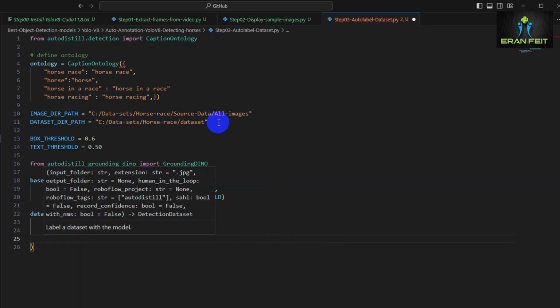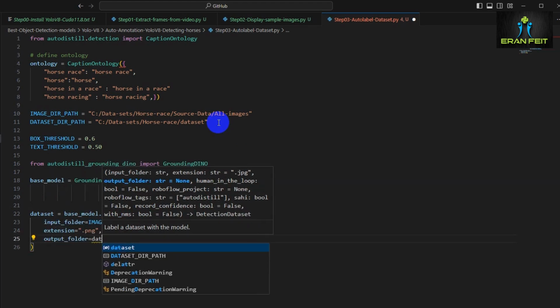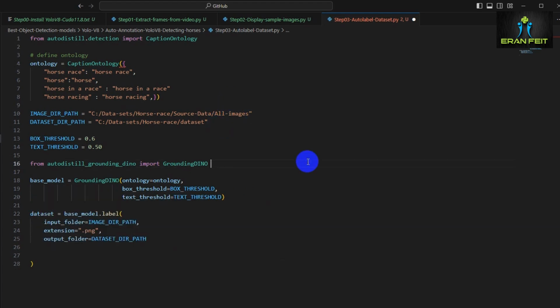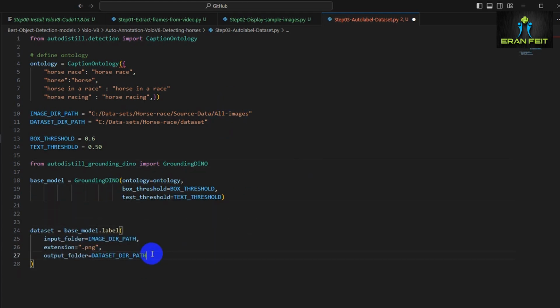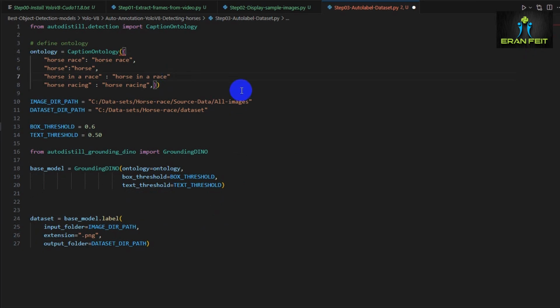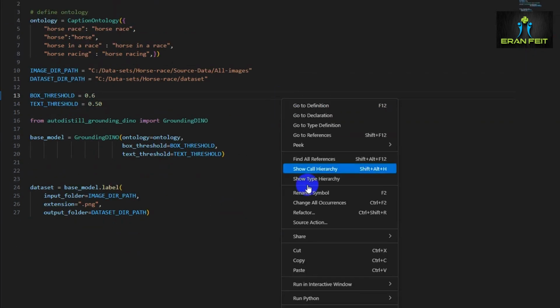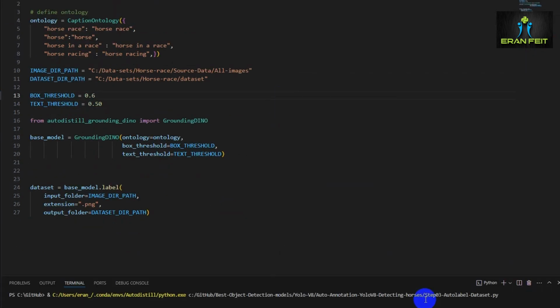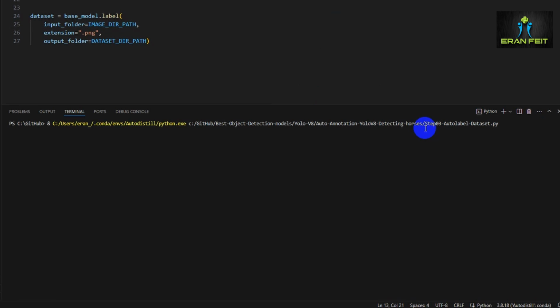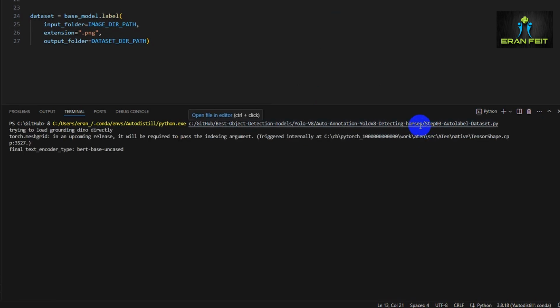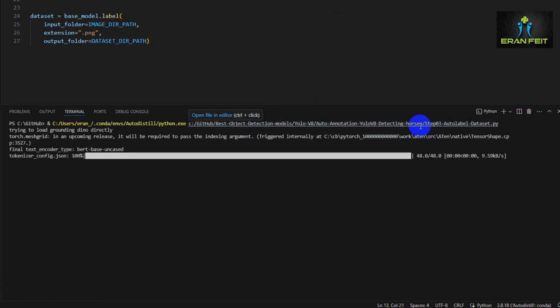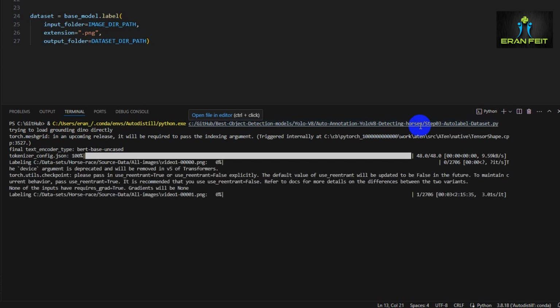And finally, we use the base model to label the images in our image dir path directory. The model will annotate the images and save the results in the dataset dir path. And we also specify the extension .png to ensure that the model only processes PNG files, PNG images basically. So let's wait a few more seconds, and as you can see, it's going to run through